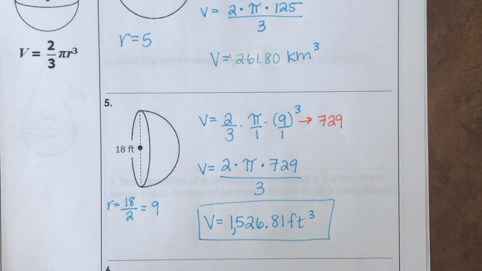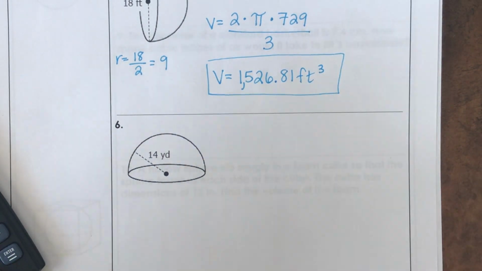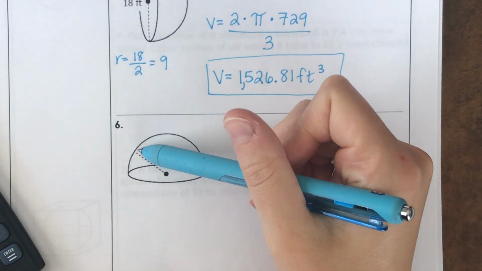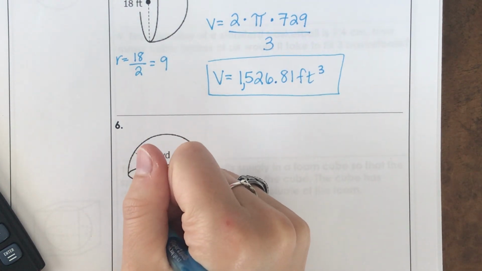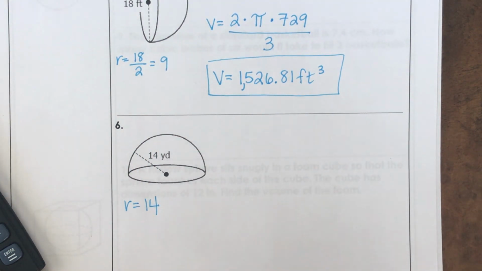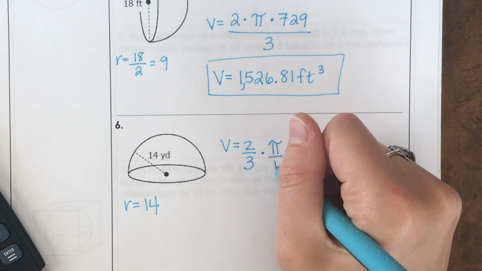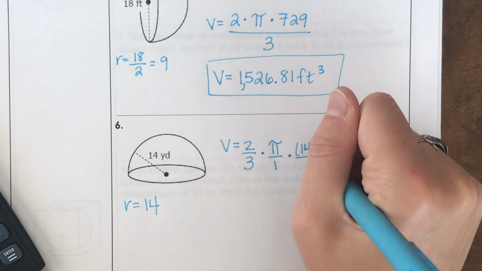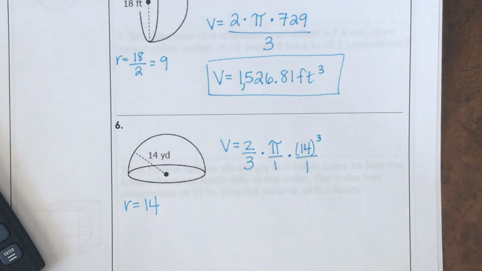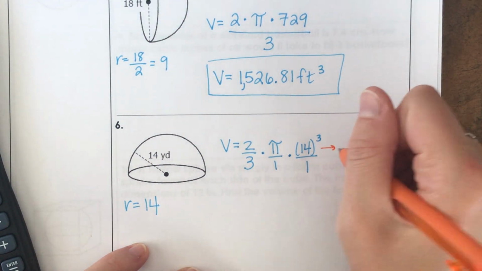All right, one more. Easy stuff. Again, don't let the picture fool you. It goes from the center to one of the edges. That means my radius is 14. Don't let that picture fool you. So volume equals 2/3 times pi, put it over 1, times my radius cubed. That's 14 cubed. Now, I'm going to do 14 cubed first. I don't know what that is off the top of my head. I get a very large number,